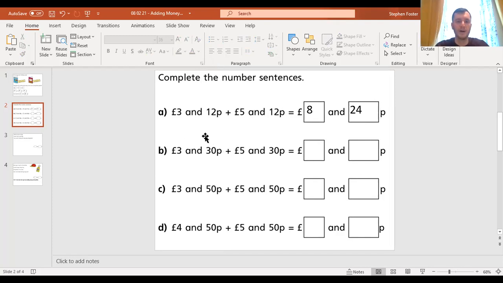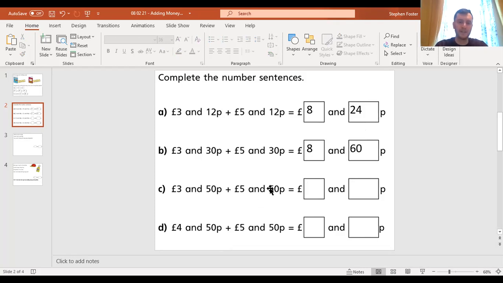Again, I'm going to start with my pounds. £3 plus £5, which is equal to £8. Then I add my pence, 30 pence plus 30 pence, that is equal to 60 pence. I put the 60 in that box, and my answer is £8.60. Next one,